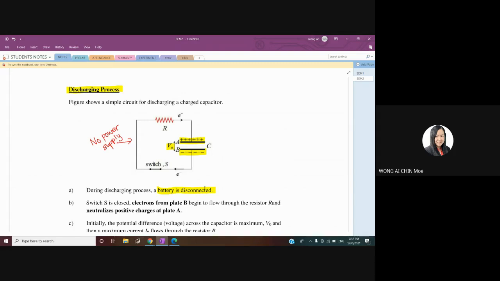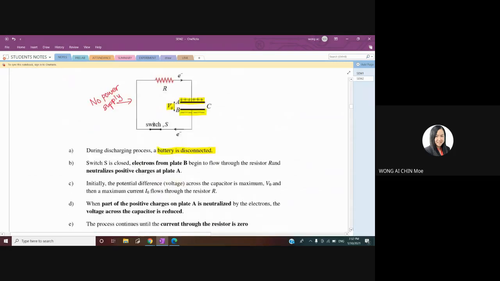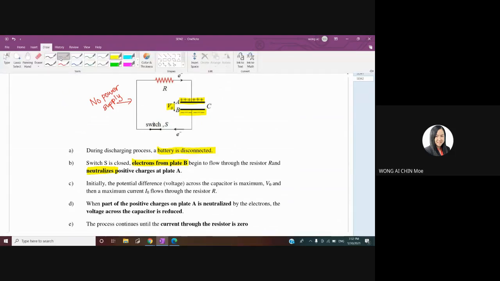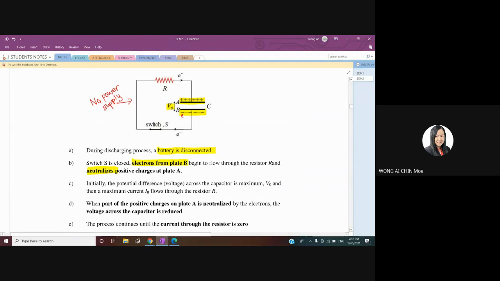When the switch S is closed, the electron from plate B, which is fully charged and has a lot of electrons, will begin to flow through the resistor to neutralize the positive charge at plate A. This is the keyword. So when we switch on, the electron will flow in the opposite direction, now in clockwise, flowing back